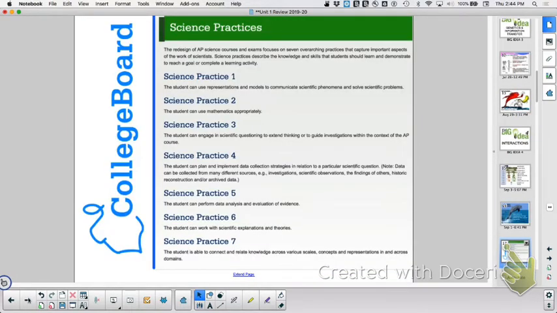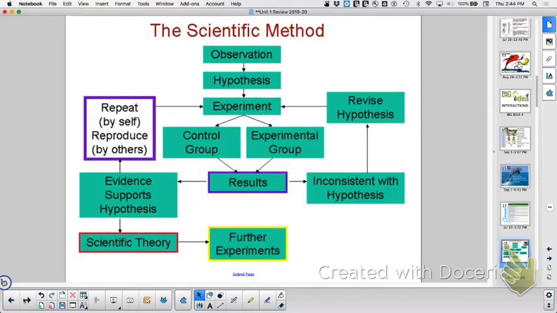Science practices. You are already doing the science practices with your lab. Be familiar with your lab. In case I ask you or reference your lab, what was the independent variable? What's the dependent variable? What evidence did we have? What claims did you make on that lab? What math did you have to use, right? This process of the scientific method. So if you review all those parts of your lab and like your flow chart, you should be good on